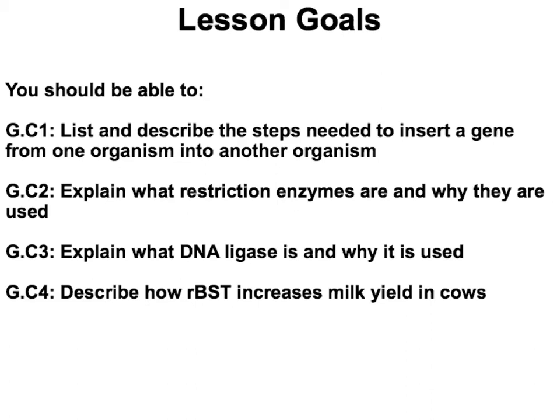Today we're going to learn more about genetically modified organisms as we see how something called recombinant bovine somatotropin, or RBST, is made. RBST is a hormone that increases the amount of milk that a cow can make, and it's actually injected into a whole bunch of cows in the United States, and these cows are used probably to make the milk that